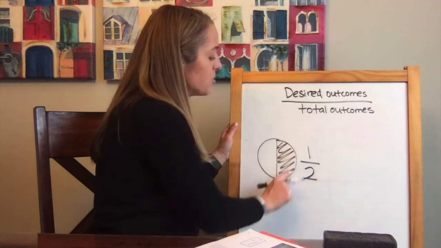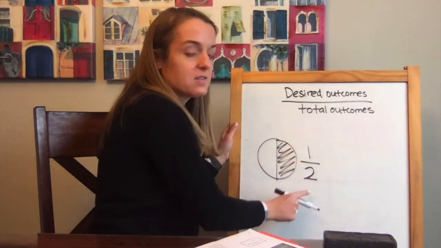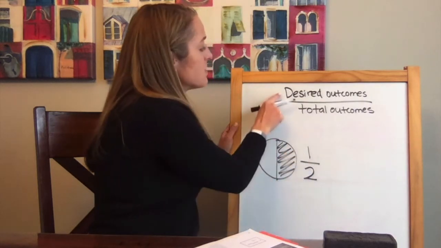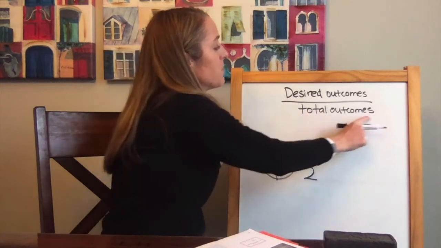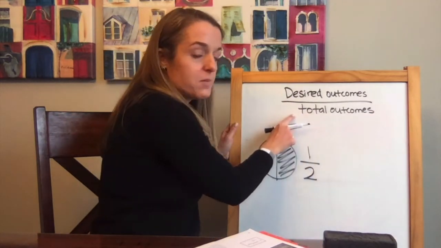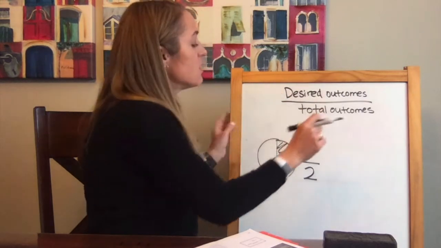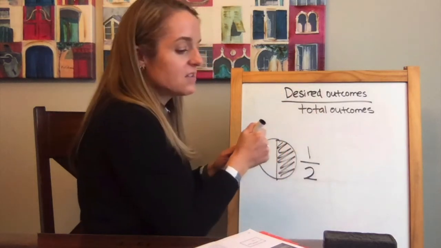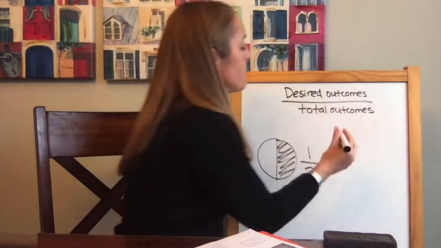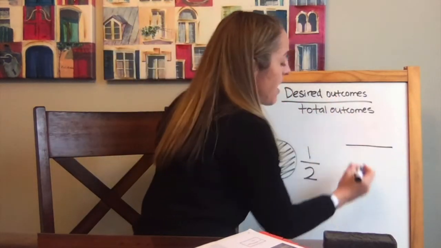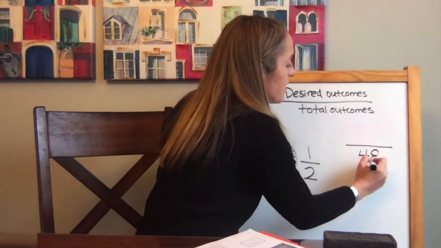So here, with our shaded portion, we're looking at 1 piece when there are 2. So this is the same kind of thing. The bottom number is going to be our total number of outcomes, and the top is our desired number of outcomes. So when we had the heads and tails, when we flipped the coin as a class 48 times,